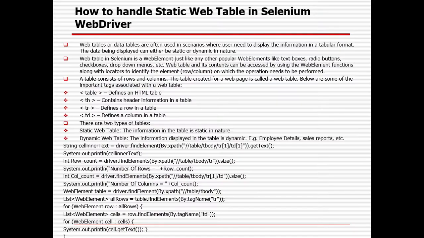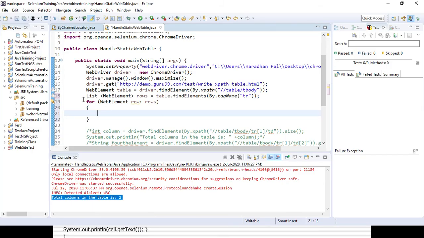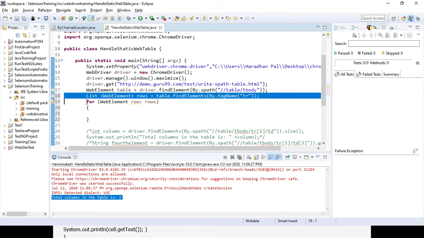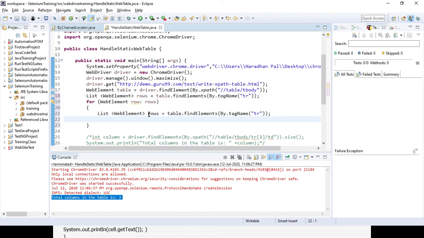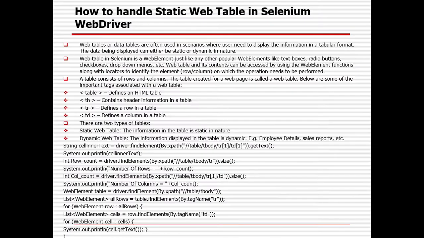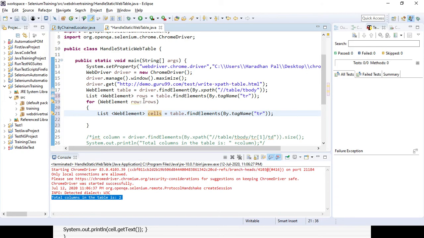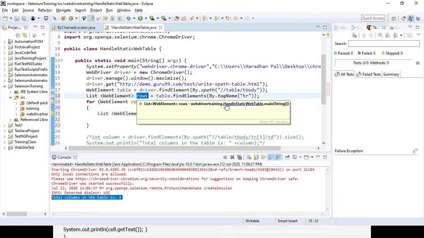So here I will again be using a List. Here I want to give a different name, suppose cells, and its reference will be row, that particular row.